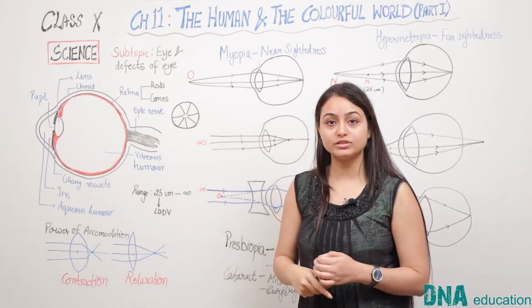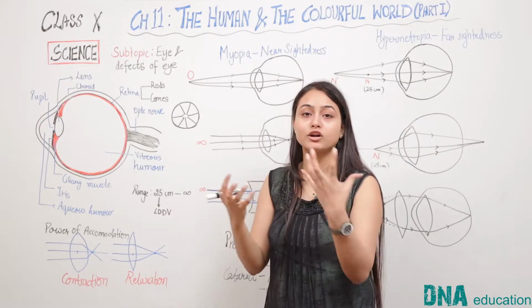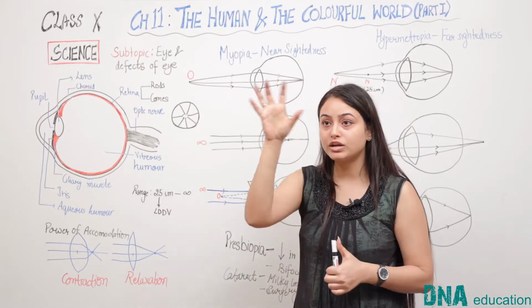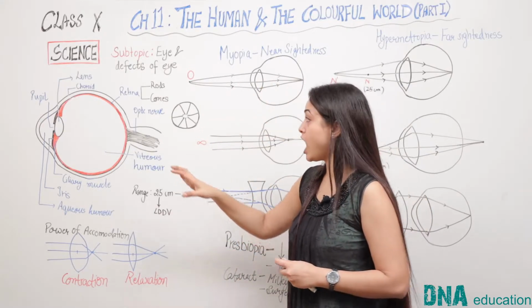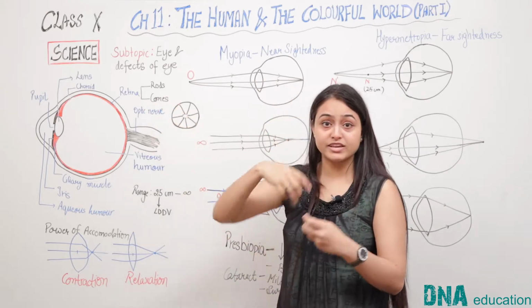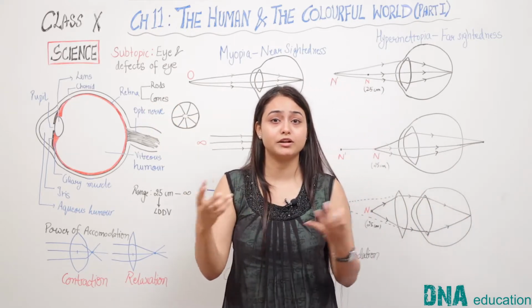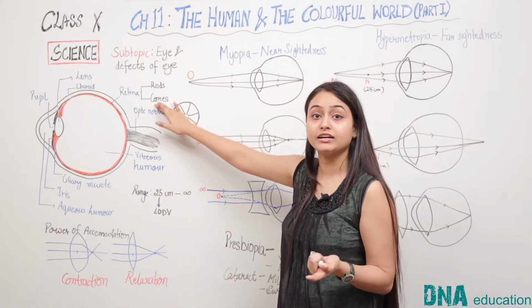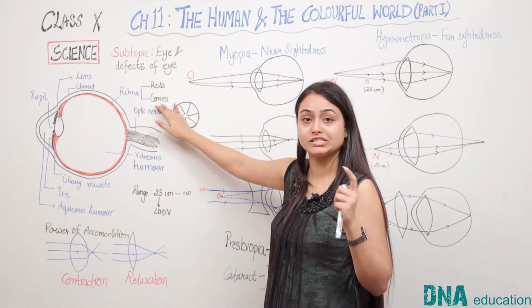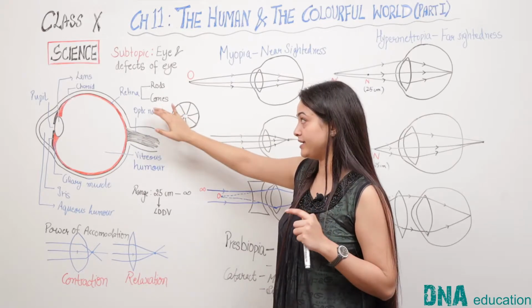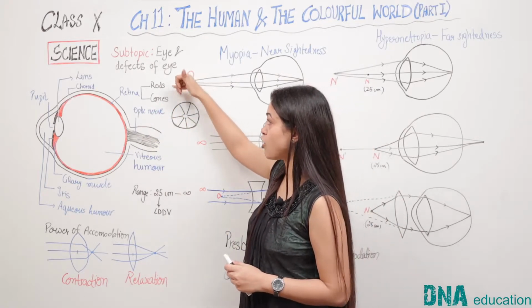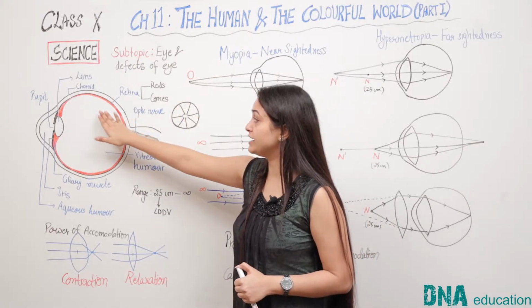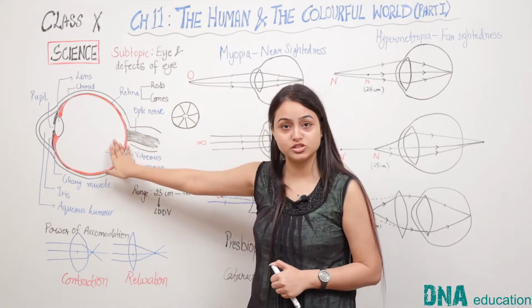Now, as we know that when we see in dark, we are not able to see colors. We can only see the figures of objects. However, when we see in daylight, we can see different colored objects like red, blue, green, etc. So, cones are the cells that contain colored pigments because these enable vision during daytime. So this is about rods and cones, and retina is the part where the image is formed.